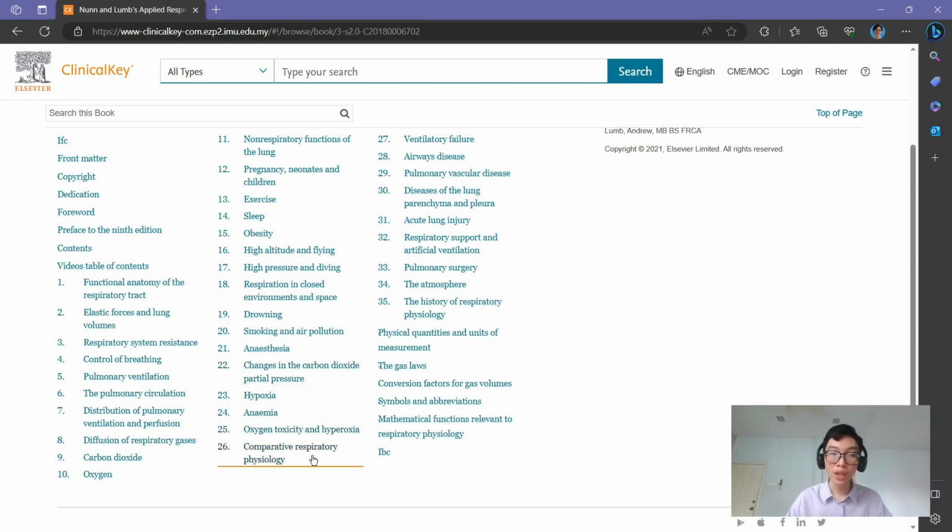hyperoxia, comparative respiratory physiology, ventilatory failure, airway diseases, pulmonary vascular disease, diseases of the lungs, parenchyma and pleura, acute lung injury, respiratory support and artificial ventilation, pulmonary surgery, the atmosphere, and history of respiratory physiology. So it mostly covers the anatomy and physiology aspect and a bit of diseases, but not a lot of diagnostic and also infectious disease, right? So let's go to elastic forces and lung volumes